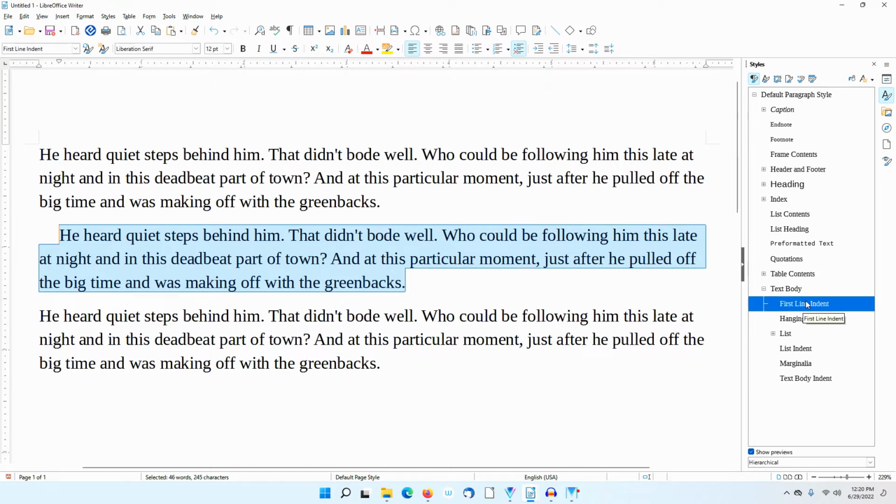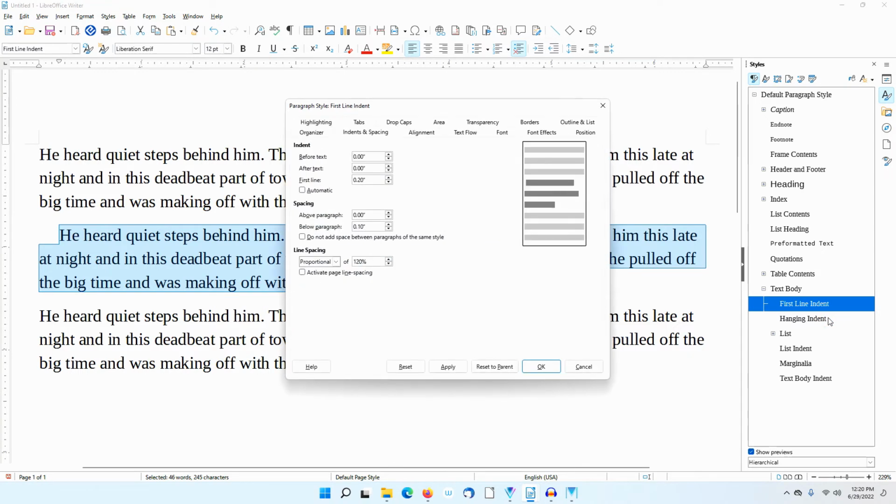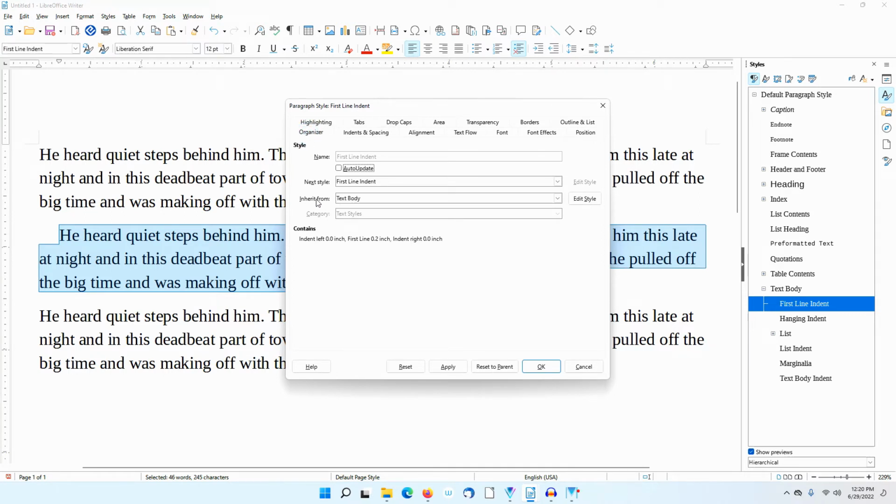Let's see why. I will right-click on the first line indent and select Modify. I'll go to the Organizer tab. Notice the Inherit From is set to text body. This means that any attributes not set manually in the first line indent style are inherited from the text body style. The Contains area shows any difference the first line indent style makes to the attributes set by the text body style. First, notice the first line